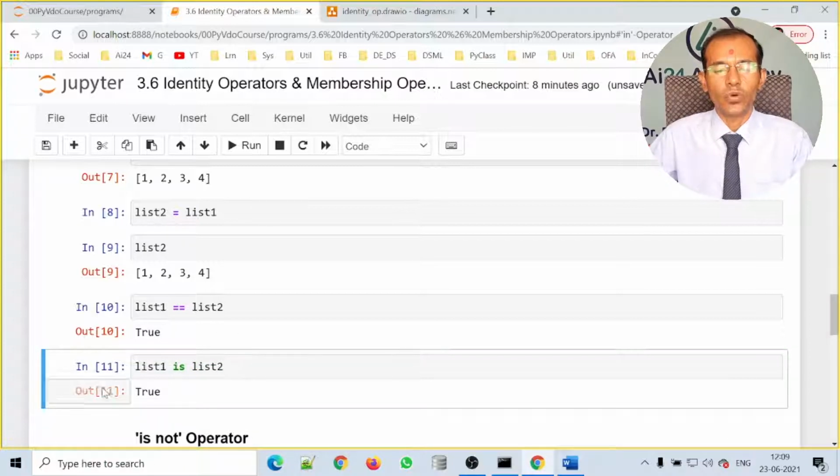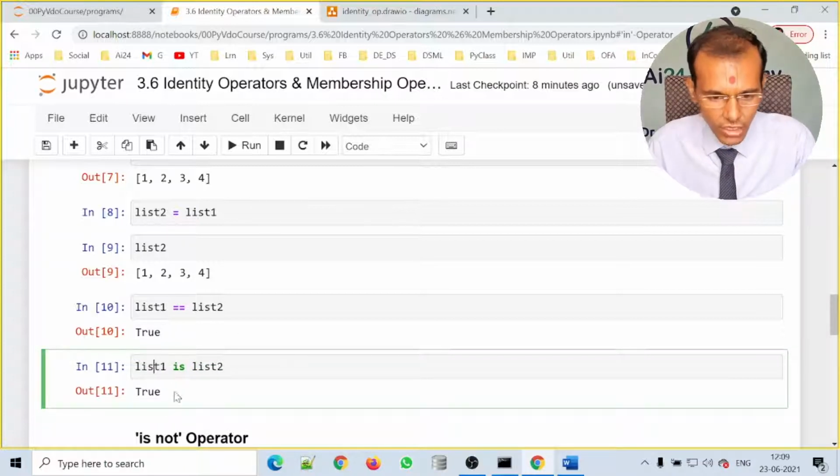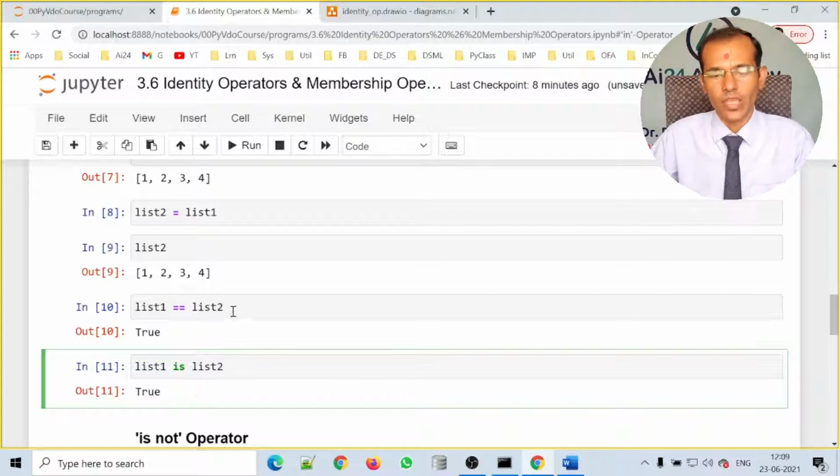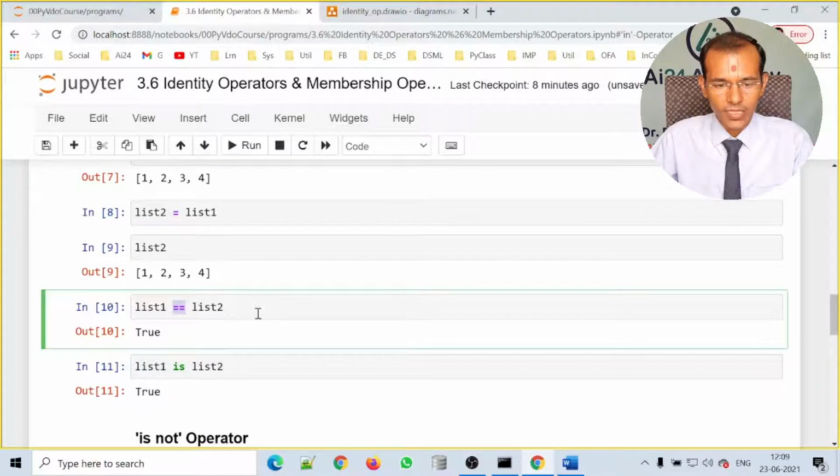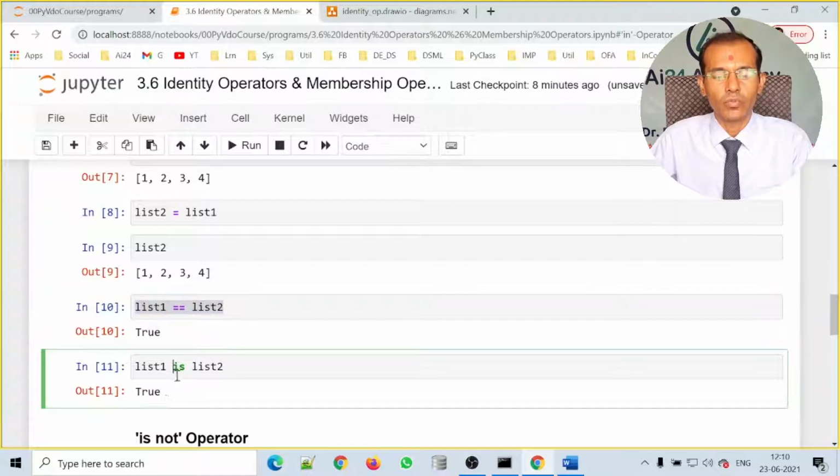The reason is both list1 and list2 are pointing to the same object. The equal to operator checks whether the content of both the lists is the same, but the identity operator checks whether both list1 and list2 are pointing to the same memory location or not.